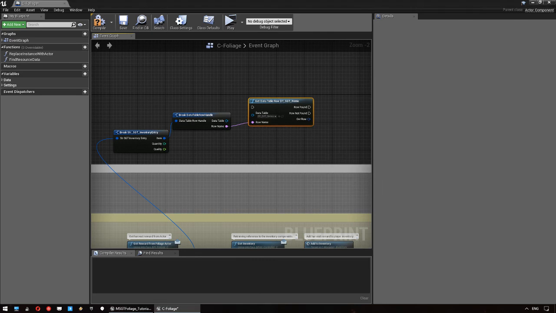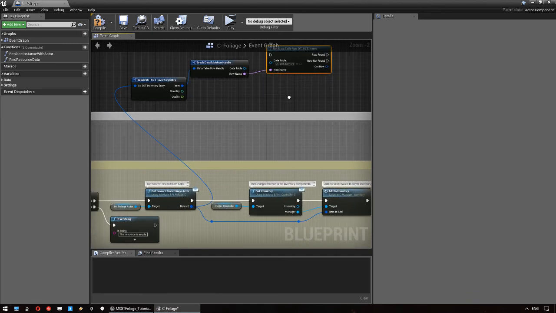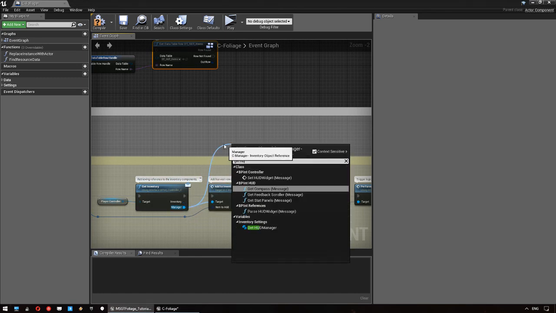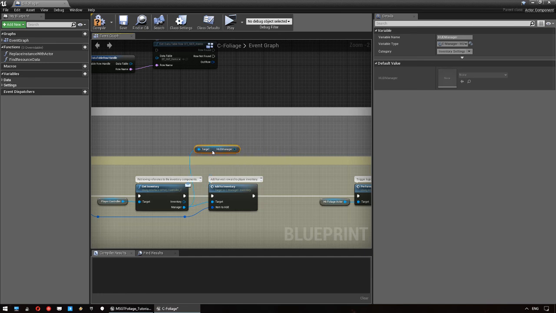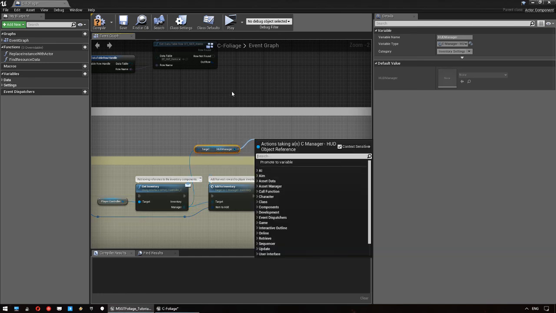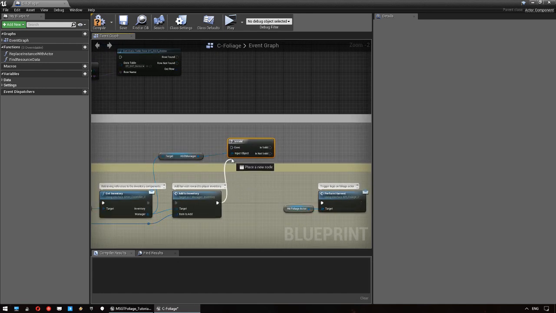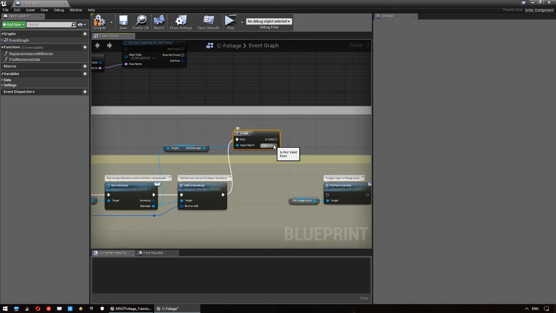Now where is that hooked up to? I want to hook that up to over there. Okay. So another step we need to do here is drag off of this guy, get HUD manager, and we want to make sure this guy is valid, because you might not be using my HUD manager from the template. So we'll hook that one up there. If it's not valid, we just go through to perform harvest and do nothing. If however it is valid,